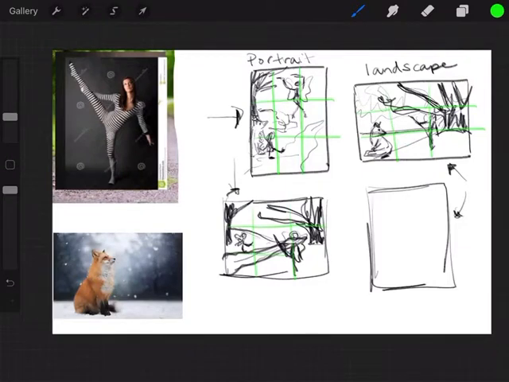It can also be considered asymmetrical, but I can choose my compositions. So this one is definitely a rule of thirds. This one I would say is more just asymmetrical rather than symmetrical, rather than rule of thirds. This one I would say is rule of thirds. So you want to write down what